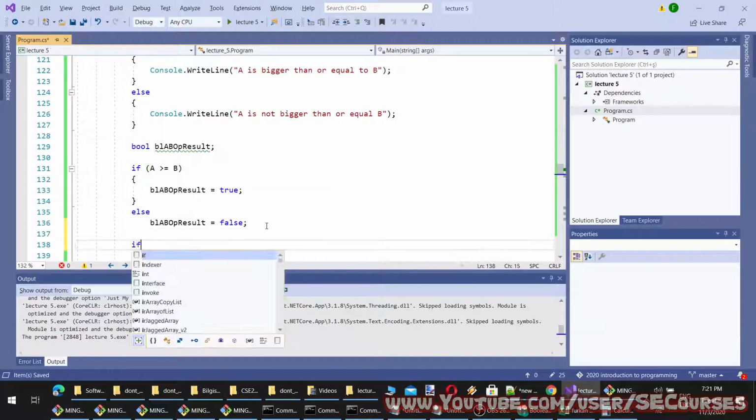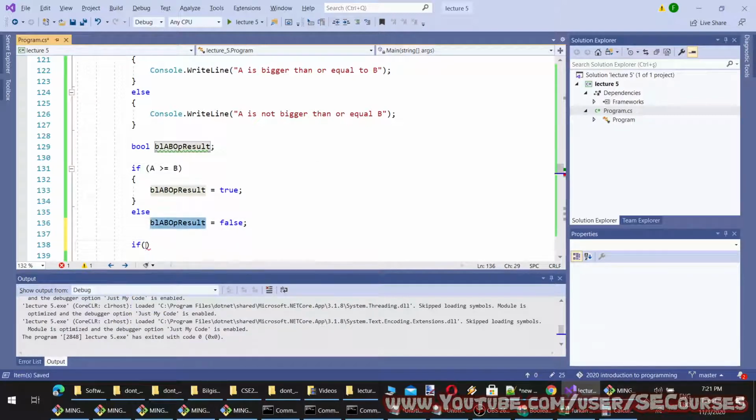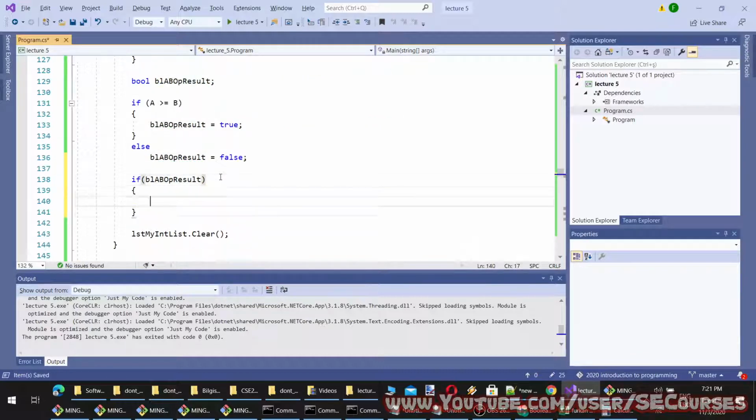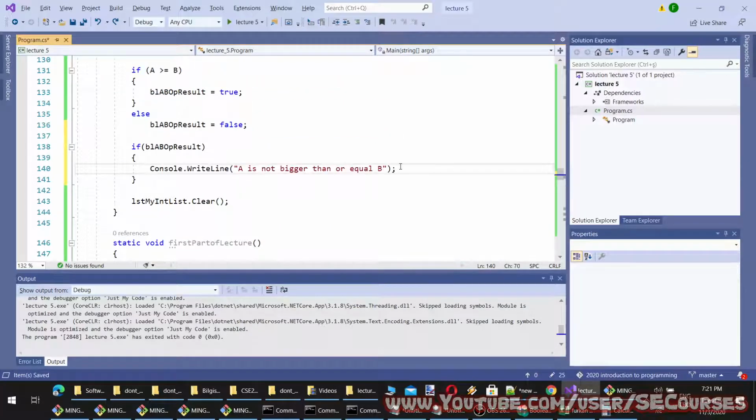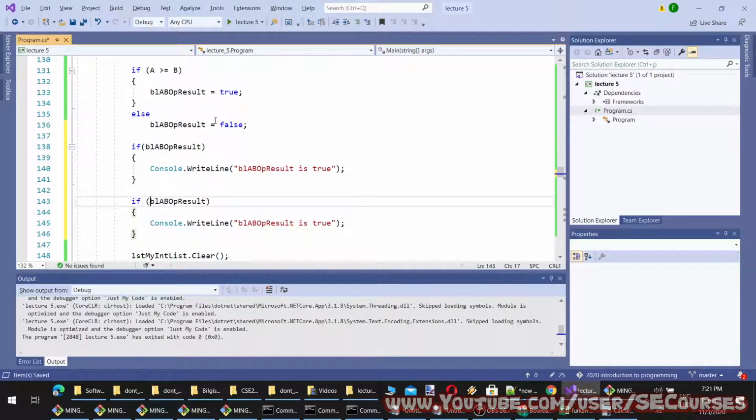Okay, then I can use it like this. If boolean result is true, and I can use it like this. This means that if this is not true, this is equal to this. Let me show you. So this line equals the above if check.